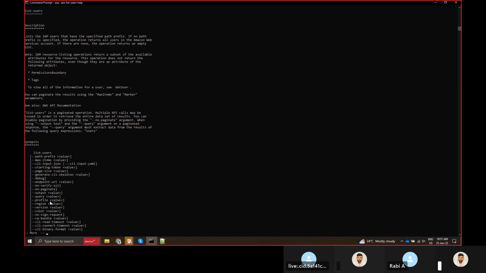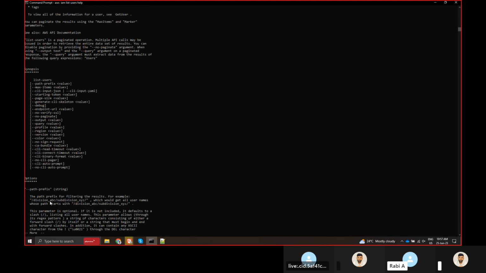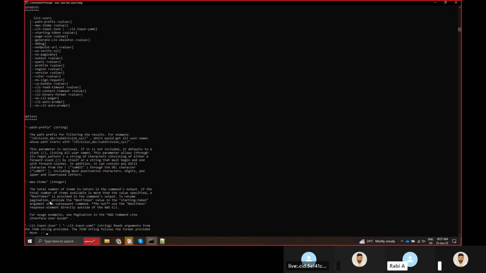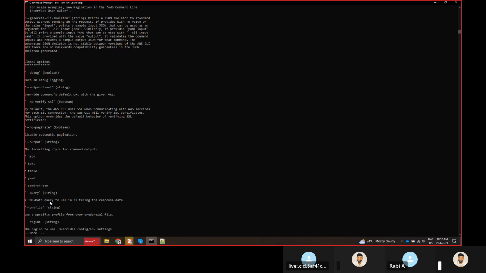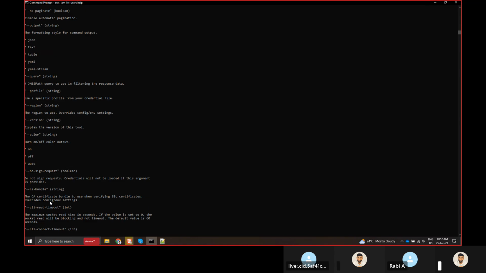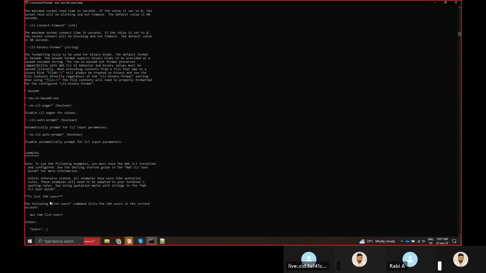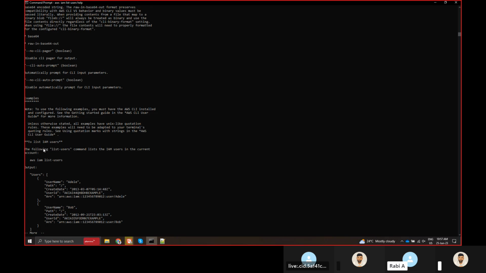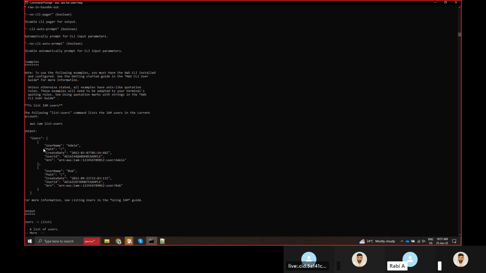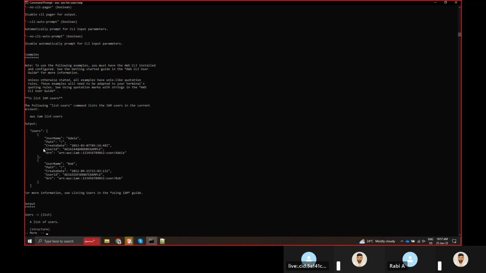If you keep going down, it will show you an example command as well. Here you can see examples. You just have to run this AWS IAM list-users, and this is the expected output. Now if you exit from here,